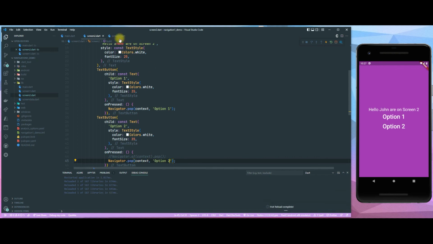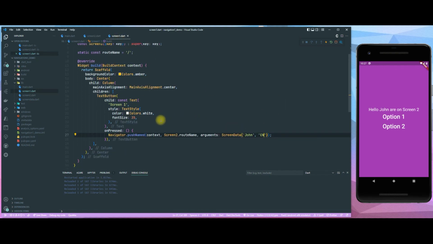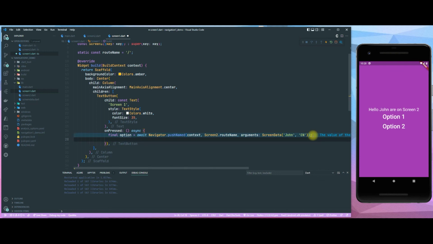2, and then on our first screen we will need to do something else here, because before we just pushed to the second screen, but now we will need to wait to get some value back. So this is going to be an asynchronous operation, so you will need to put the async keyword here. There we go. And now we will also store our option in a value like this. And here we also will need to use the await keyword, because as I said before, we are going to wait until we get something back from our previous screen. And then we can also